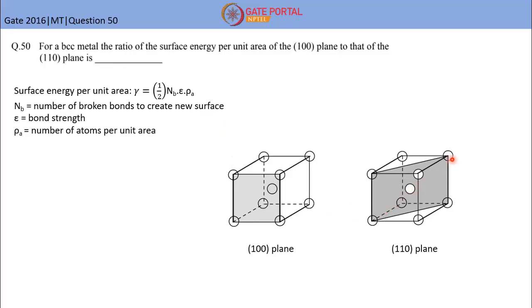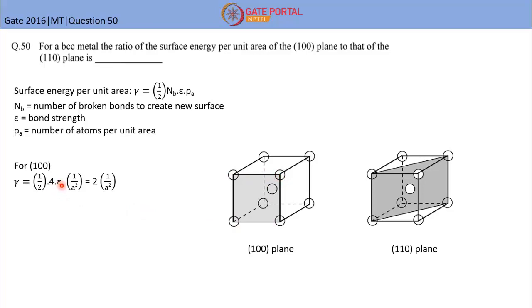And similarly here, if you cut by this plane, these 2 bonds will be gone. Hence you are cutting only 2 bonds here, and here you are cutting 1, 2, 3, 4 bonds. So for 100, it is half of 4 bonds you are breaking, 1, 2, 3, 4 of the crystal. If you can imagine, a similar crystal will be there out of this plane, and you are breaking these 4 bonds. So here 4 comes.